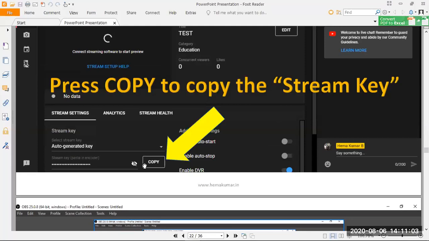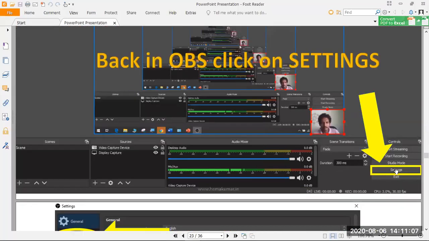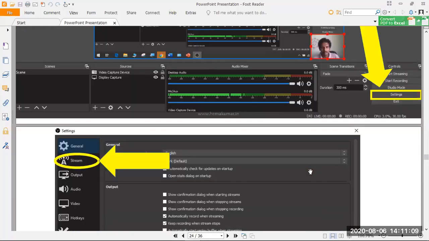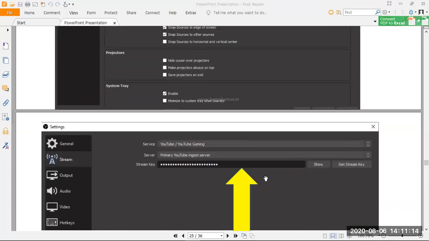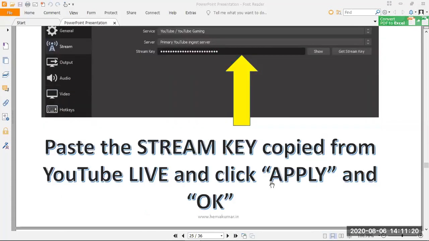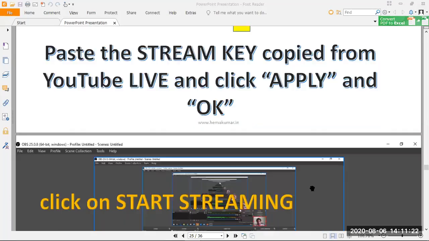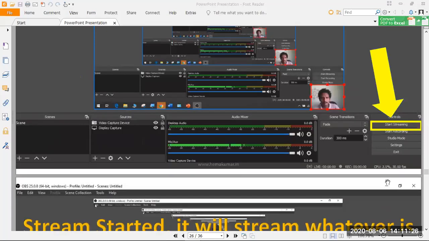Okay, copy the stream key. In OBS, go to settings, choose stream. Under stream, paste the stream key that was copied and press apply and OK. Then click on start streaming. Once you click on start streaming,